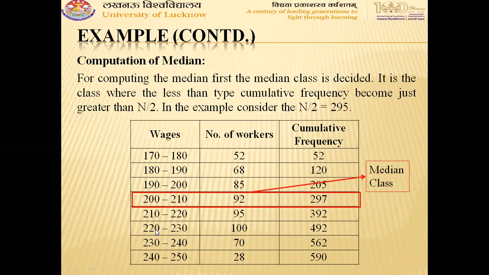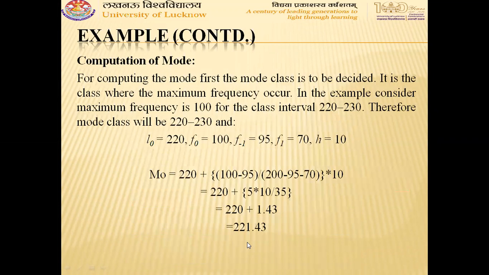So for mode, 220 will become L naught, F naught will be 100, F minus 1 will be the frequency before the mode class, that will be 95, and F1, that is the frequency after the mode class, will be 75. Now we put these values into the formula, that is mode equals L naught plus F naught minus F minus 1 divided by 2 times F naught minus F minus 1 minus F1 into h. Then putting into the formula, the mode is obtained as